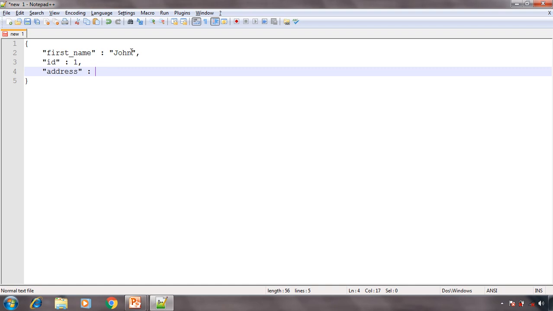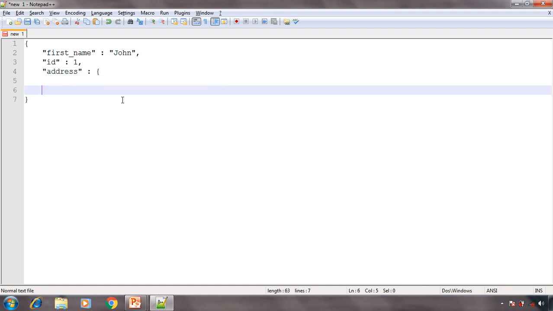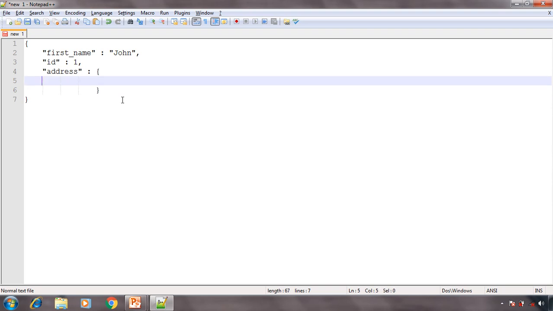Here we just gave a string or numeric value, but now this is an object of another class, Address.java, and it also has a set of attributes like street and city. We know in JSON the object starts with curly braces. So this is one object of address, with a key value pair, street, whose value is, say, Happy Street.